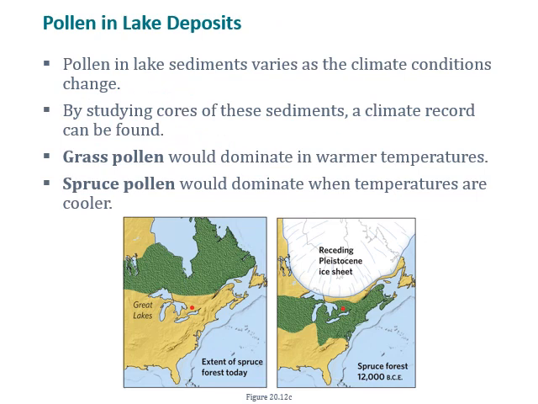Pollen in lake deposits changes as climate conditions change, and by studying cores of these sediments, we can determine a climate record. One great example of this is the difference in grass pollen versus spruce pollen in sediment cores through time. So at 12,000 BCE, in the picture on the right, we know that spruce forests extended as far south as the northern United States